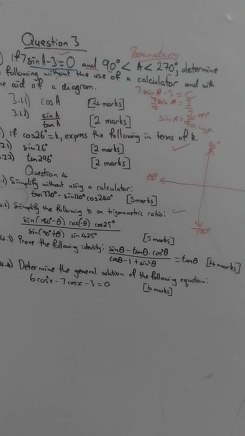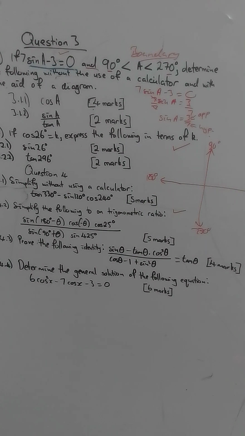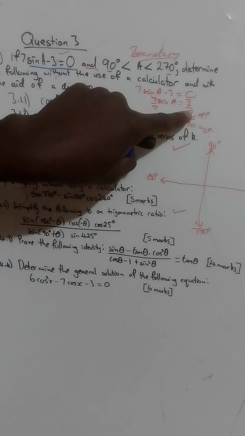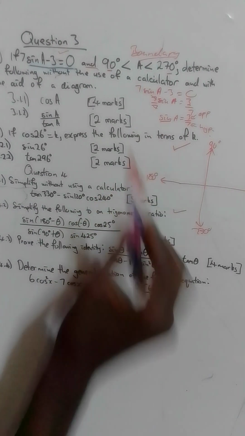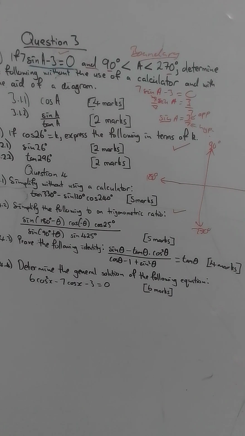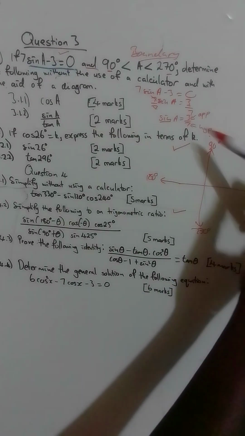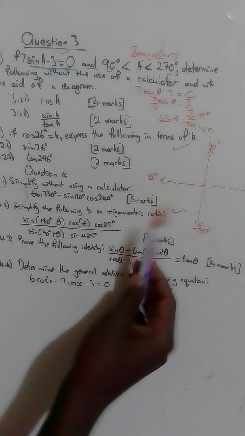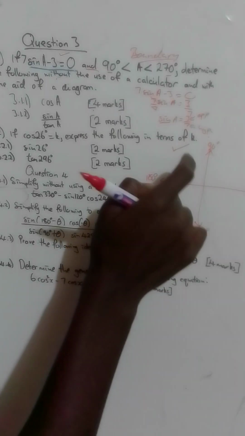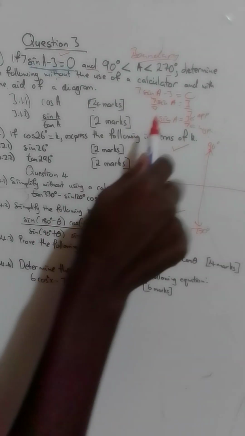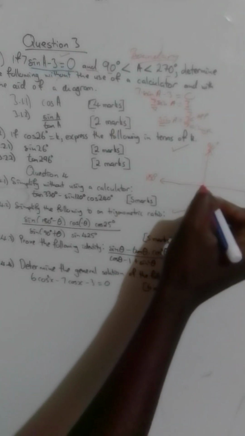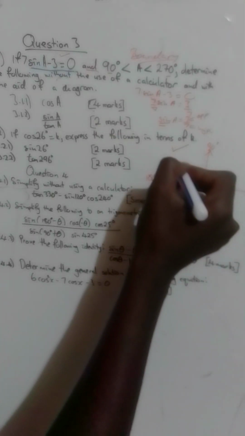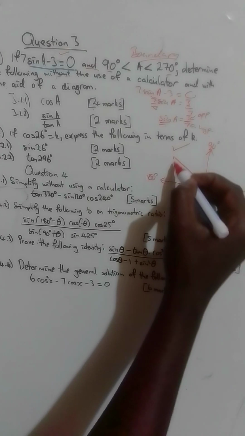Now, how do we determine which quadrant we are going to work in? We come back to this part. Sin A is equal to 3 over 7. So we are dealing with the trig ratio of sin. And the quadrant that we must work with is positive, because here 3 over 7 is positive. So between quadrant 2 and quadrant 3, we know that in quadrant number 3, that's where the sin graph is positive. So in other words, now we draw this terminal arm, and then we have our right-angled